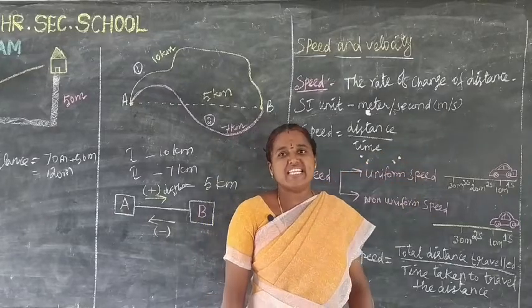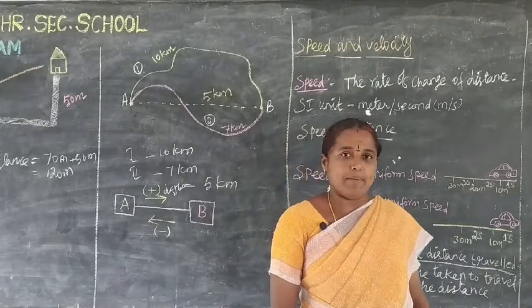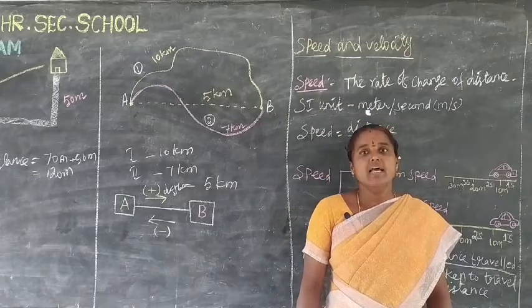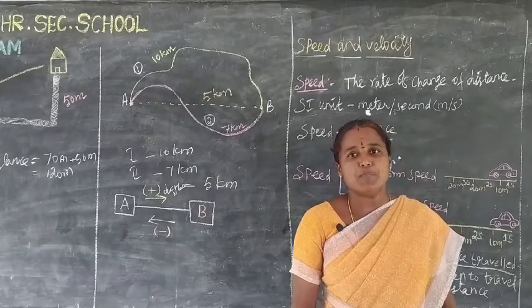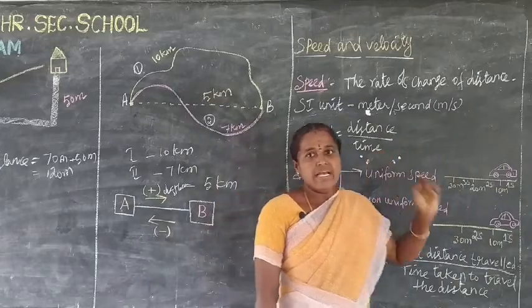Now, whenever you see the word rate, it means divided by time. The formula of speed is distance divided by time. See here,